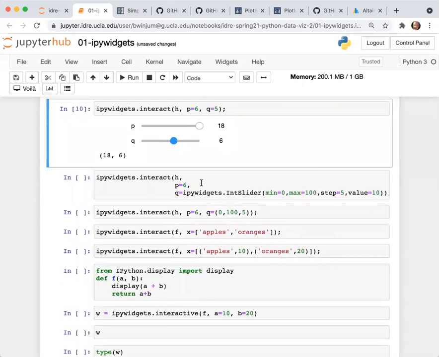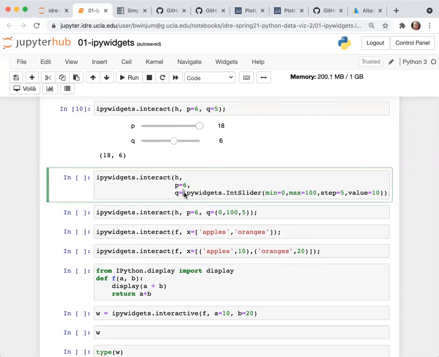You can be a little bit more explicit about what particular widget is generated by explicitly saying, for example, that you want the integer slider. So the IPyWidgets library has a variety of different slider functions that you can call. The IntSlider just creates an integer slider, just like what's illustrated here.